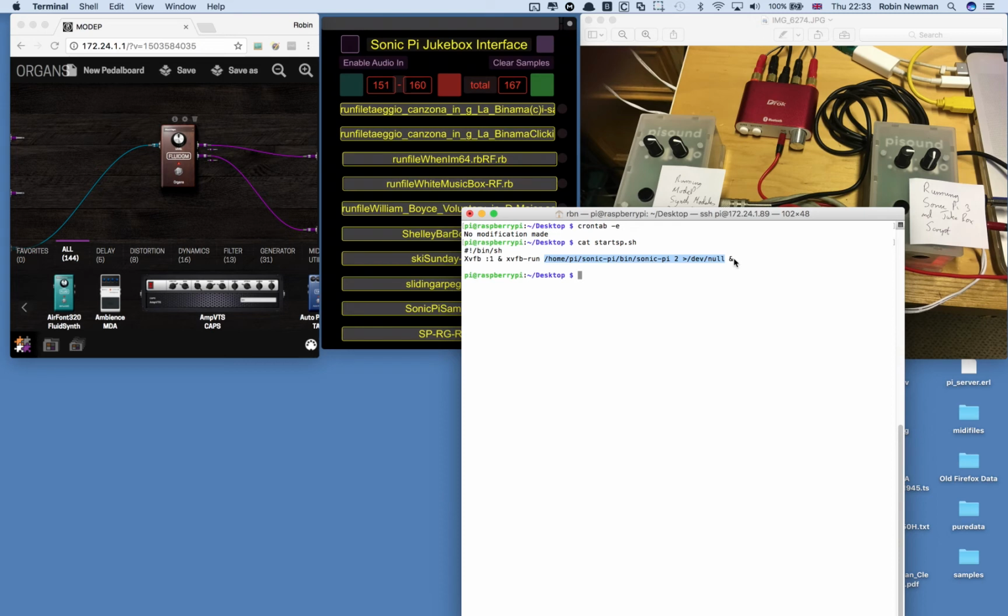Then the ampersand, that just means that it's left going and that script executes very quickly. Now it takes Sonic Pi about a minute to run up, and so how do you know that it's ready? Well, the answer is you get Sonic Pi to tell you, because there's another very nice feature of Sonic Pi